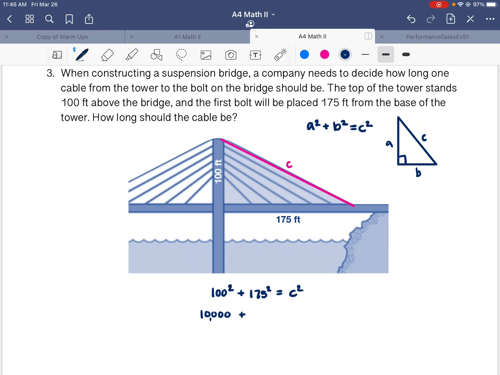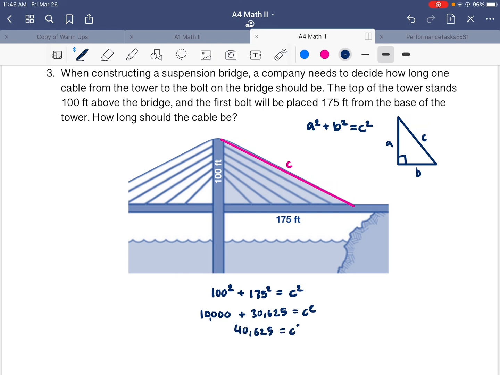Then 175 squared, 175 times itself is 30,625. And if we add those together, oops, that should be C squared. If we add those two together,